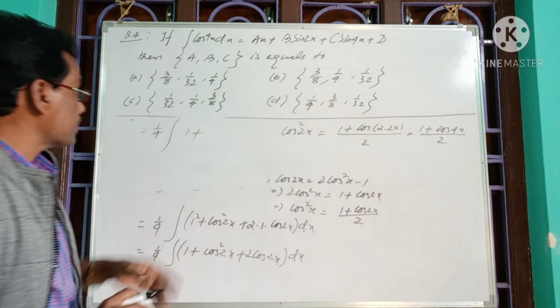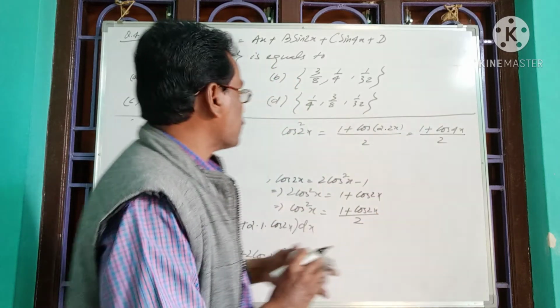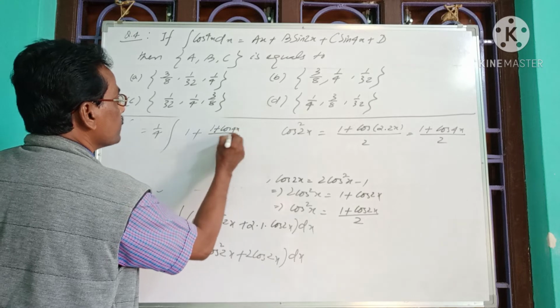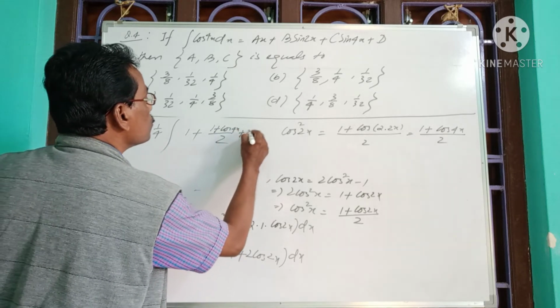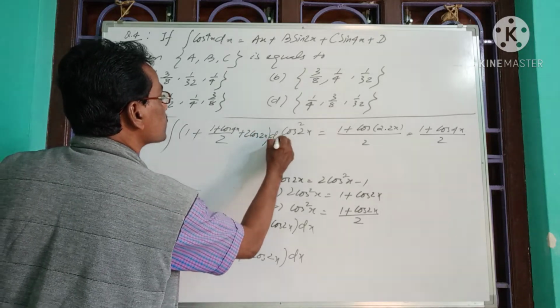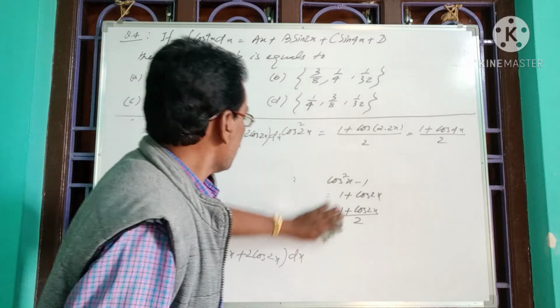So in place of cos square 2x, we have 1 plus cos 4x by 2. So replacing, we have 1 plus cos of 4x by 2, then we have 2 cos 2x whole integration with respect to x. Now again simplifying, we have